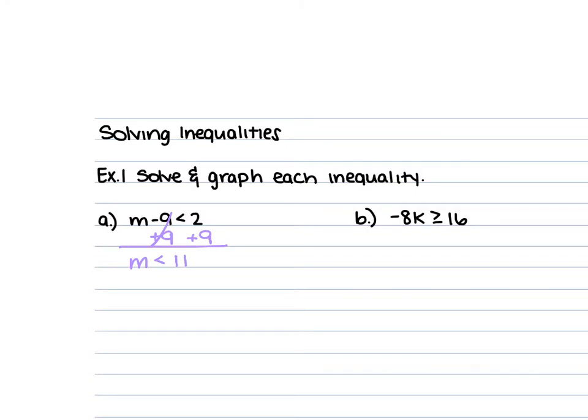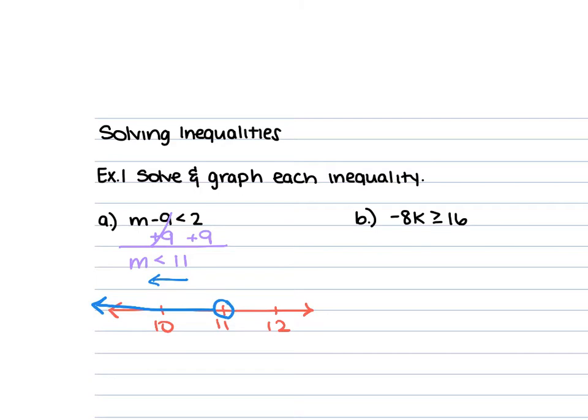When we go to draw this, we are going to draw a number line. Our 11 will be in the middle. We're going to have the two numbers that surround it, so 10 and 12. We are going to have an open circle on the 11 because our inequality sign does not say that it is also equal to, and our line will run to the left. Your actual inequality sign will point to the way that your line will run, as long as your variable comes